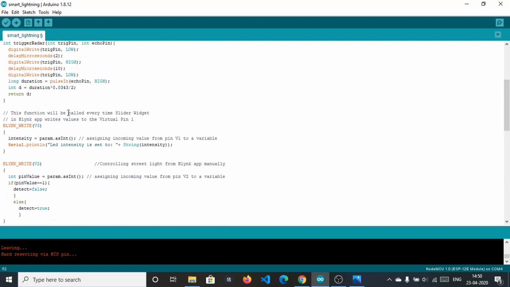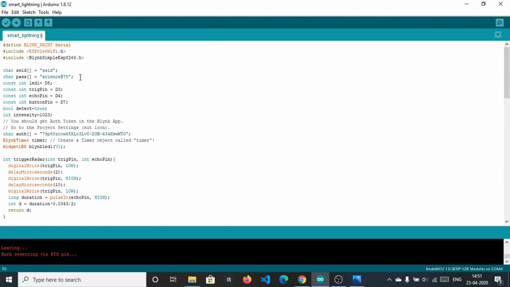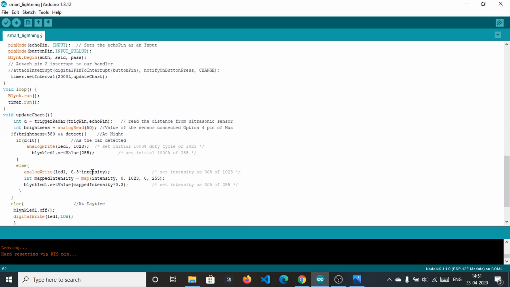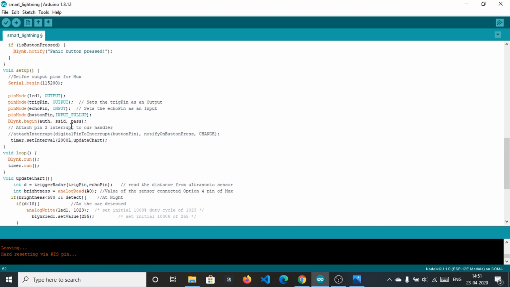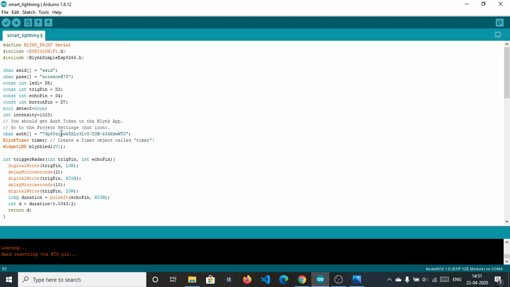Fine. So as you put your authentication ID here, then after this is the SSID and password, the router SSID which I have already defined.